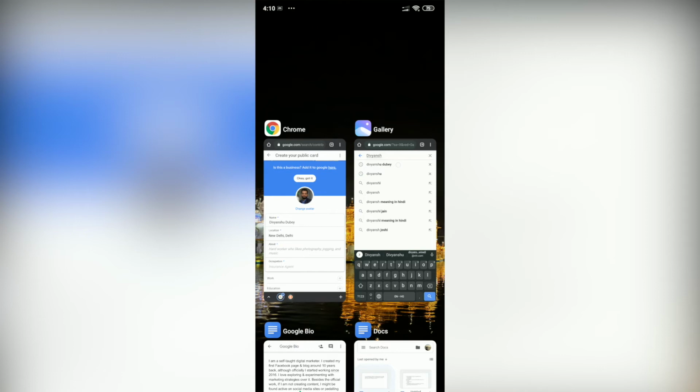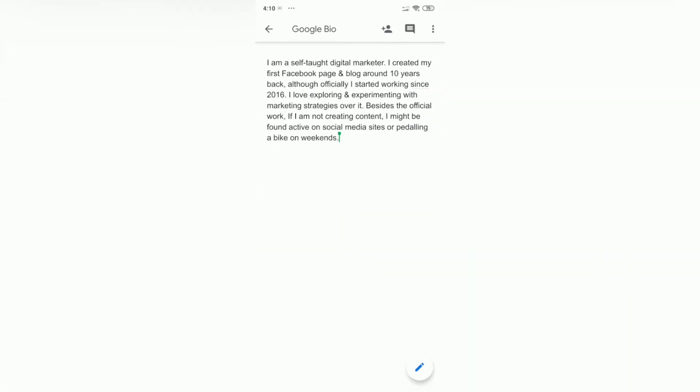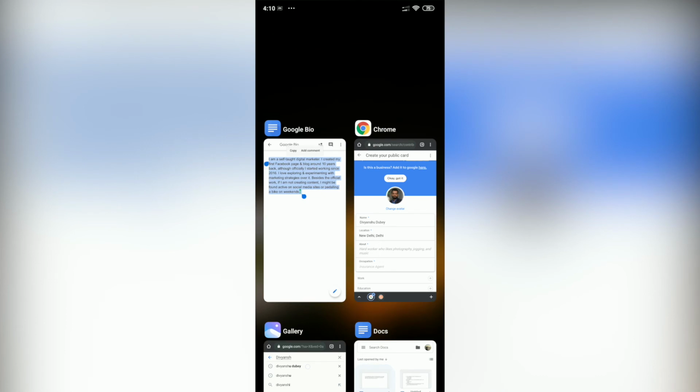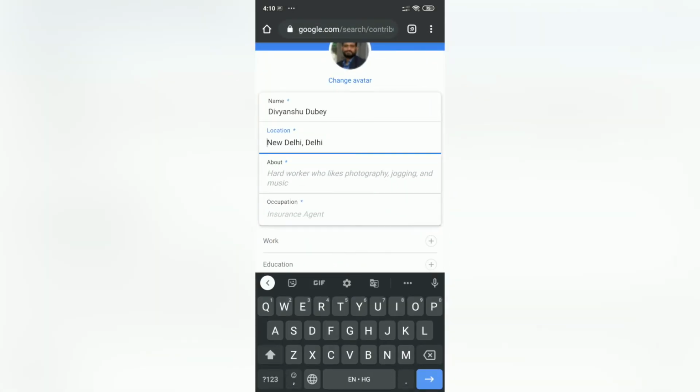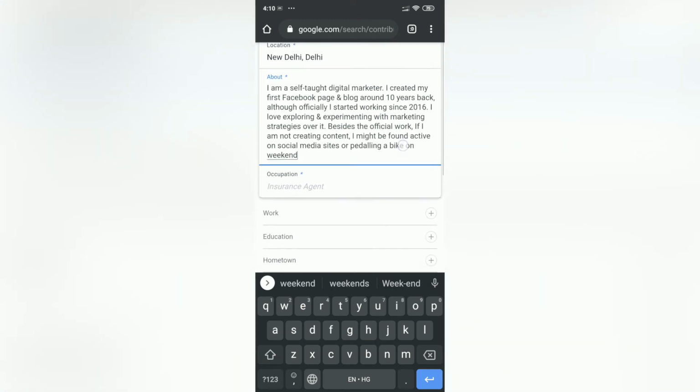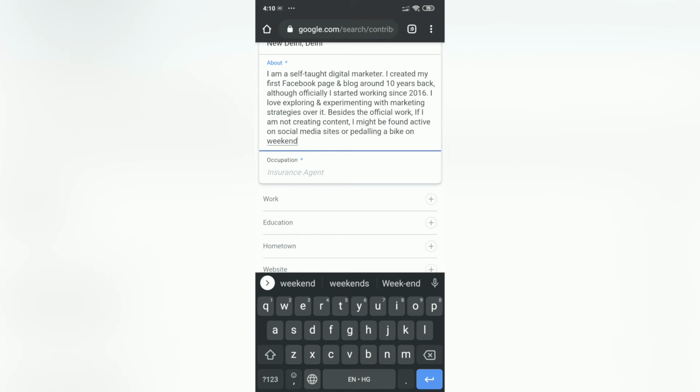Let me see if I can copy and paste it. I have copied the bio section from here, and I'm going to put it in the about section. So I have added a few details about me.